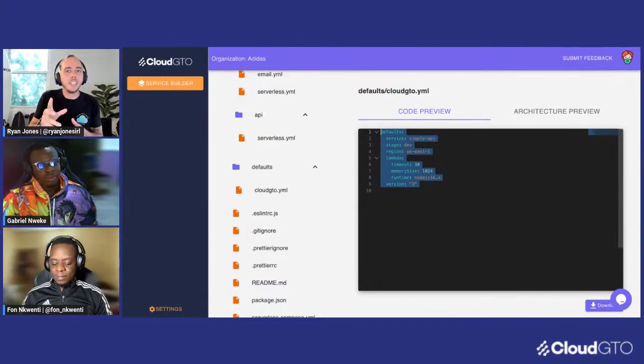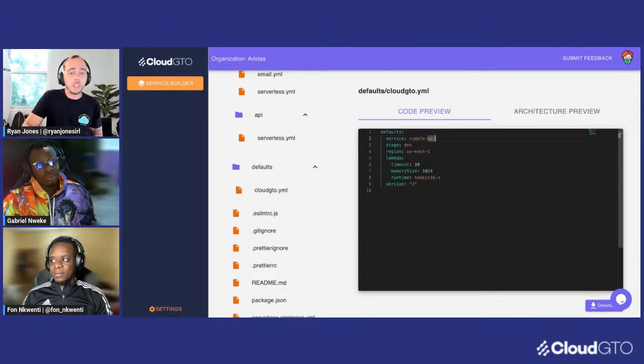But this is a really cool concept because what it allows it to do is all the different serverless YAMLs, they all pull from this one file. So for instance, if I wanted to change my service to be called, instead of simple API, -v2, all I have to do is update this one line with 3 characters, -v2, and redeploy. And it's going to deploy an exact mirror of everything that's in here based on just this 3-character change,